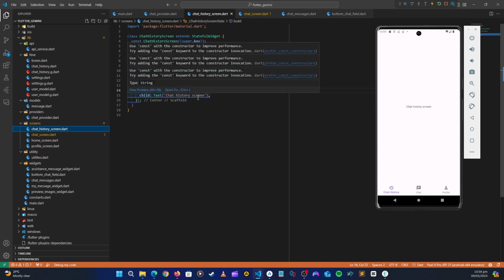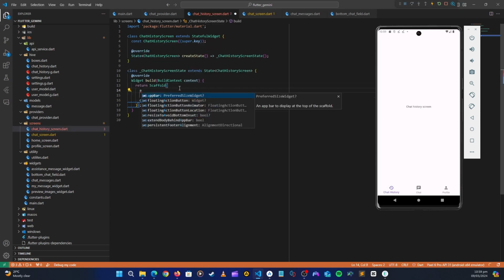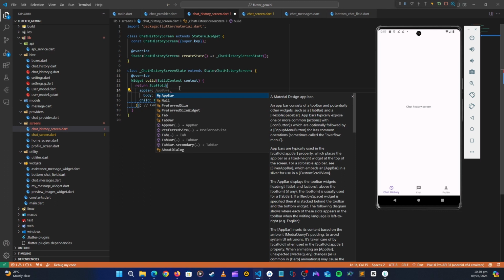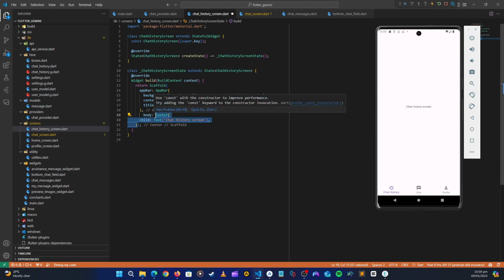So the first thing we're going to do here in the scaffold, let's have an app bar. So this app bar, let's just create it. Let's close it like that. And then let's have a background color, which is going to be the same as in the chat screen. Then we have the center title, which says chat history. And that will be it for the app bar. Now on the body here we need to use a widget called